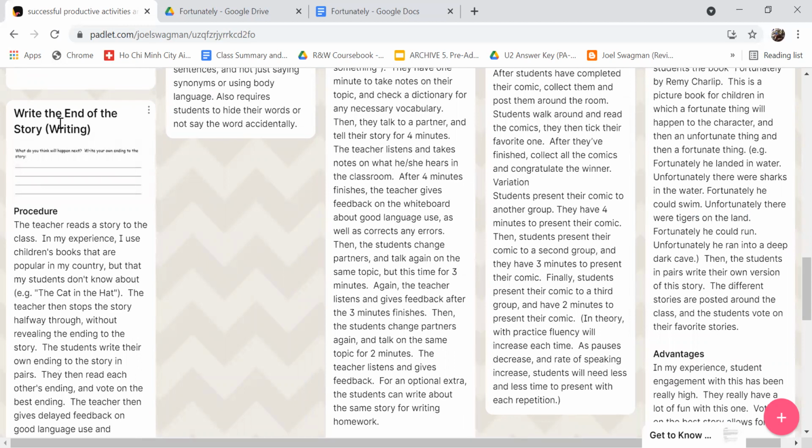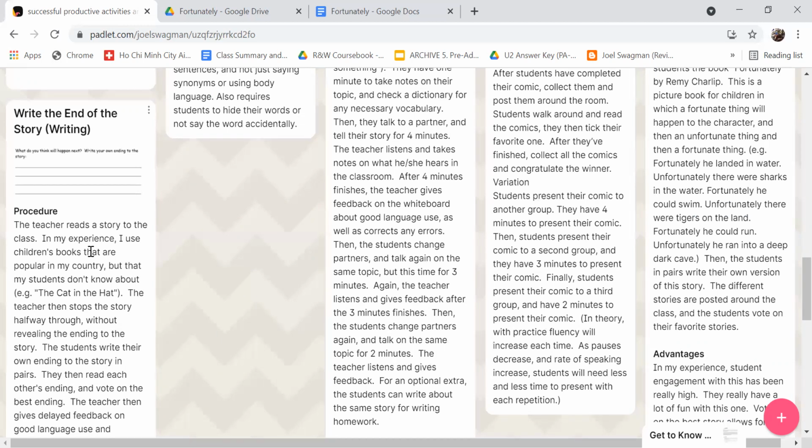Another writing activity here is to write the end of a story. So in this activity, I will bring in a story to the class, quite typically a children's story, but one that I don't think my students will know. For example, The Cat in the Hat, which is of course very famous in America, but my Vietnamese students don't know this story, I find. So I show them the book or present it up on PowerPoint. We go through the book up until about the halfway point, and then I stop the story and I say,